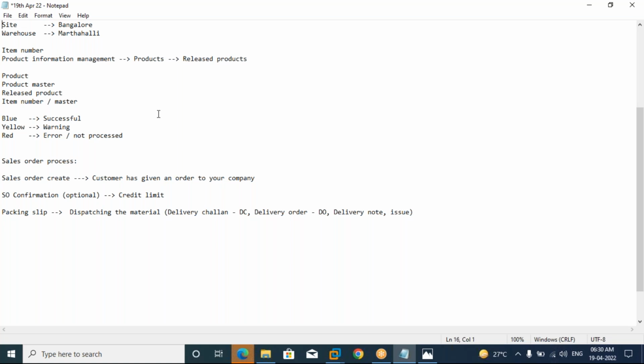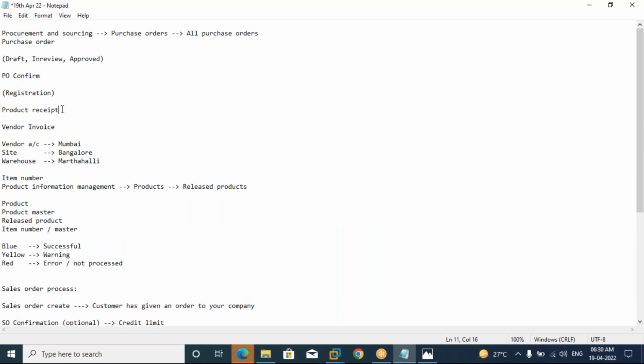In the same manner, a product receipt is also called goods receipt note, GRN, or material receipt note, MRN, or receipt. Simply all are the same. So business people, whenever they are discussing with you, in general they will use the word GRN. What it means,